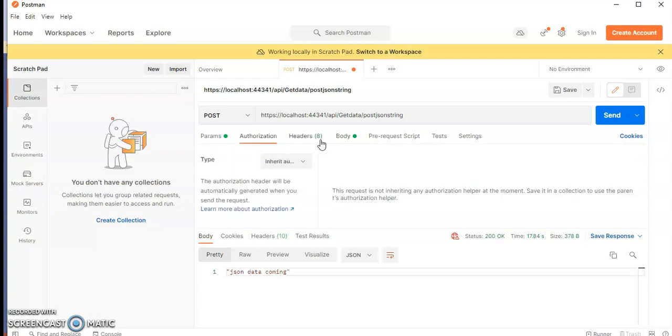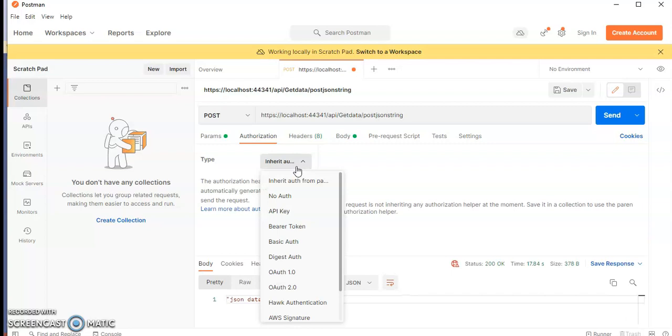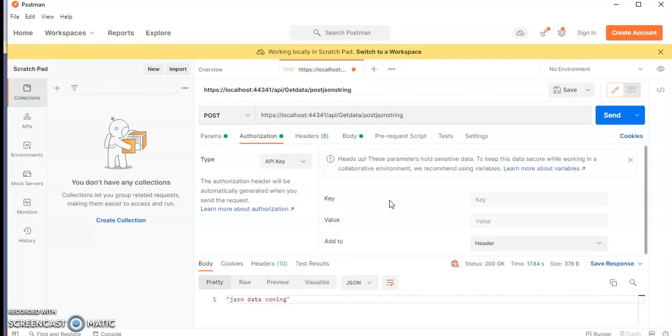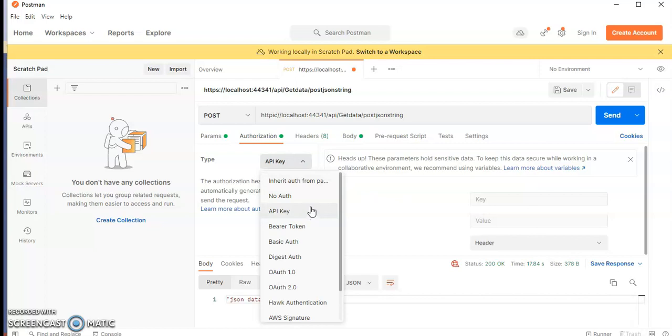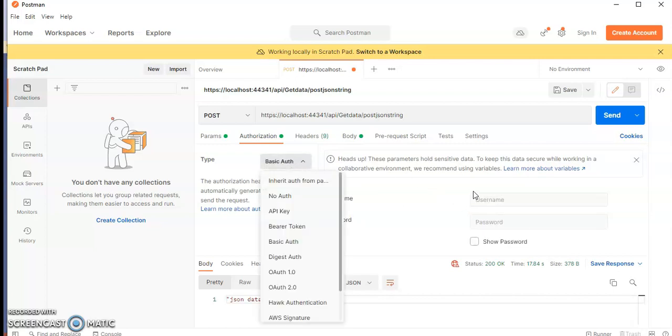And authorization, basically, most of the APIs have to be protected. So under authorization we will do the authentication. A few APIs will have API keys, which means a direct key and value name. Basic authentication is username and password, basically email ID or password, or some LDAP credentials.